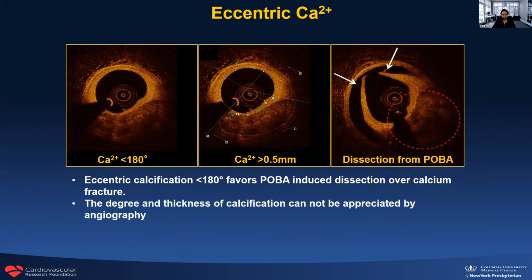Naturally, expanding a balloon in this segment with a totally normal artery on the other side will never induce calcium fracture in this segment, because the bias will always push the calcium away and take the path of least resistance, tearing the intima. If you look at the atherectomy mechanism of action, it is a wire-bias-based mechanism. Here, the catheter is pushing into the lumen towards the calcium, and what you can see is that by delivering this, we end up